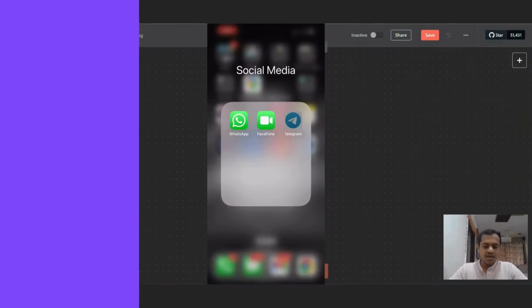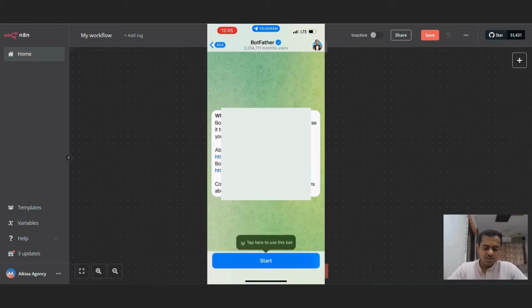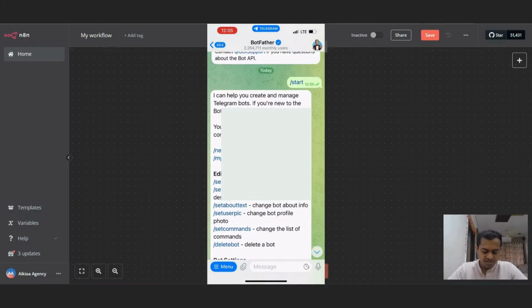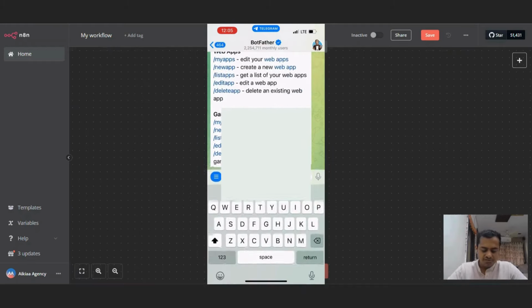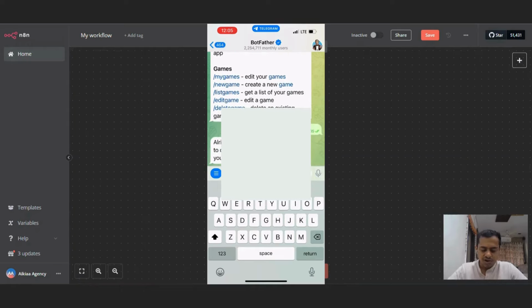Let's get started. Now, to connect your Telegram account, you need to go to this channel, BotFather. You can easily find it on the search of channels in Telegram on your mobile device. Now, click on Start, and it has provided a range of options for us to go with. But for us, we'll go with new bot, create a new bot, and all right, what would you like us to call this name? We can name it, let's say, IKEA